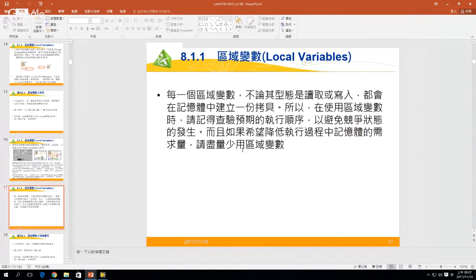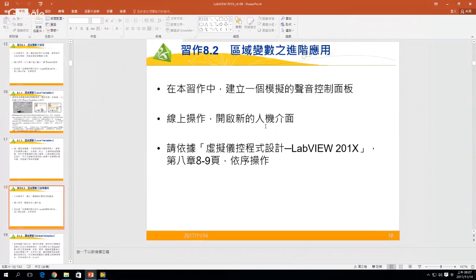Okay, and the other limitation is that if you call in a local variable, you will have a memory copy. If you have two more, three more, it means that you have two more, three more memory copies. So this reduces the memory capacity. 它一样还是会减少记忆体的空间哦，所以其实它就是一个独立的变数，然后独立的变数。